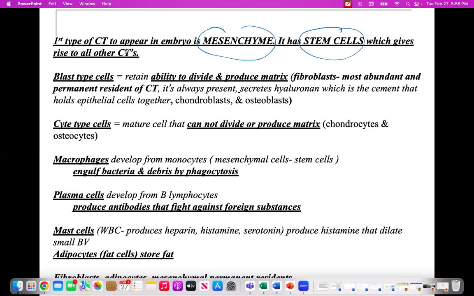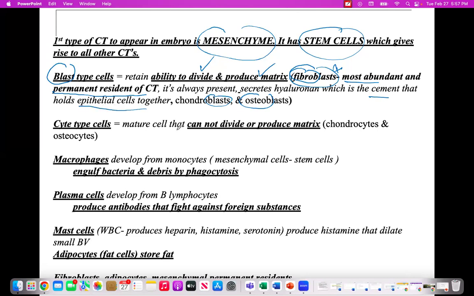Okay. We have some cells that end in the word blast, like fibroblast or osteoblast or chondroblast. So these are like immature cells, and they help to produce matrix. The blasts have the ability to divide, they can produce matrix, and the most abundant are these fibroblasts. They are always like a permanent resident of connective tissue. They're always present. They're secreting hyaluronic acid,